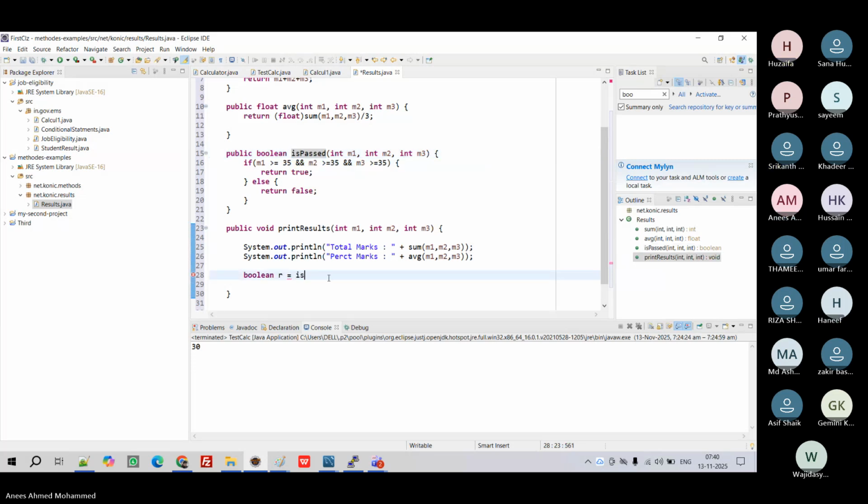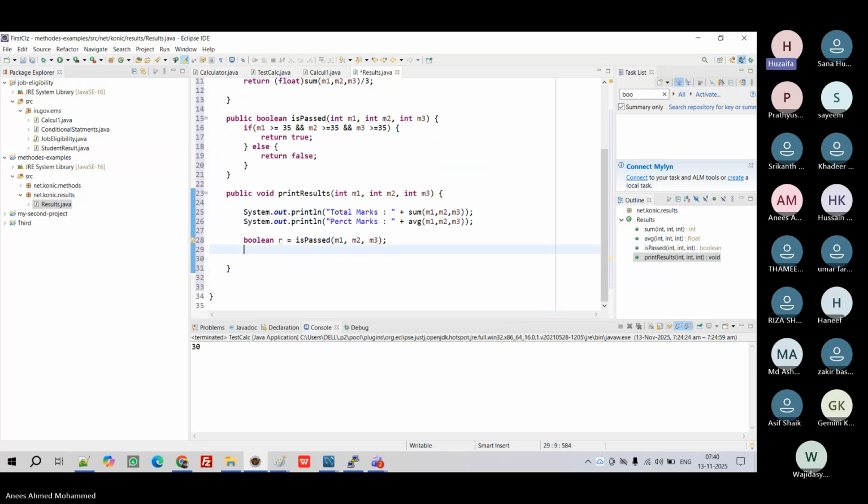Very good. M1, M2, M3. Right? So then if R,